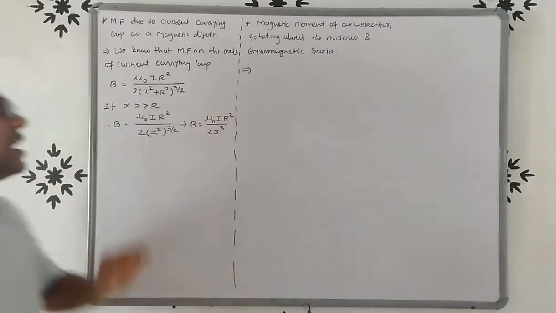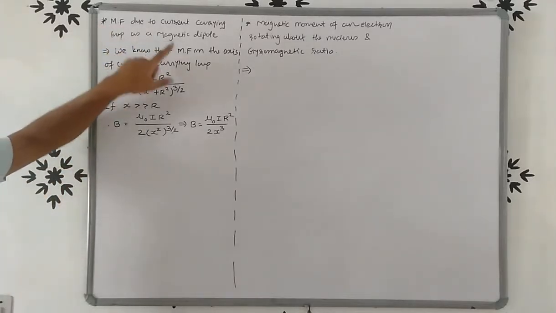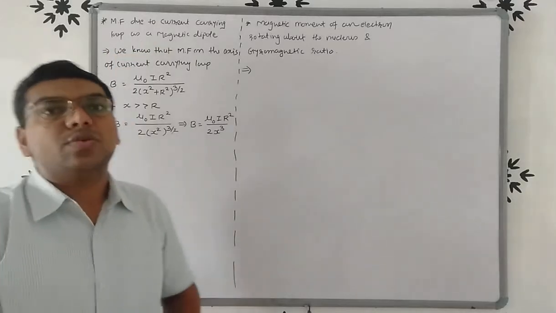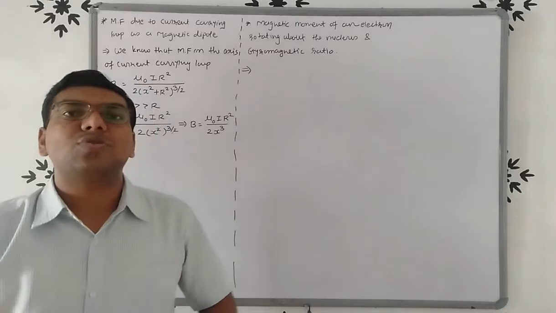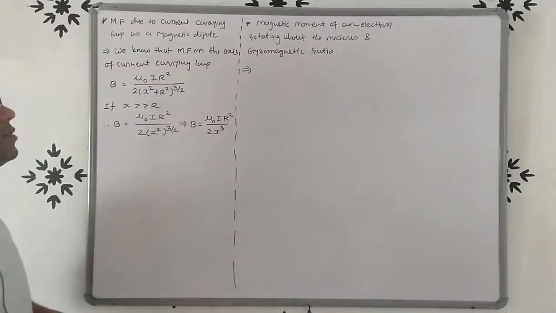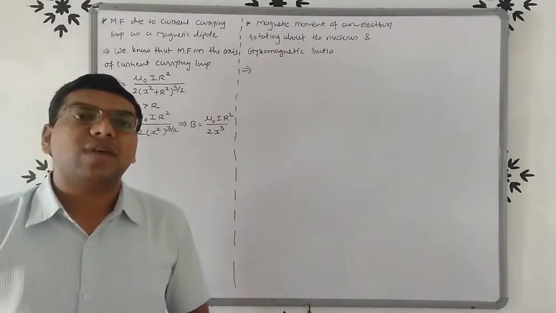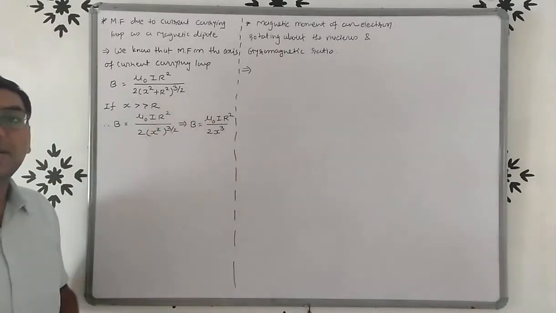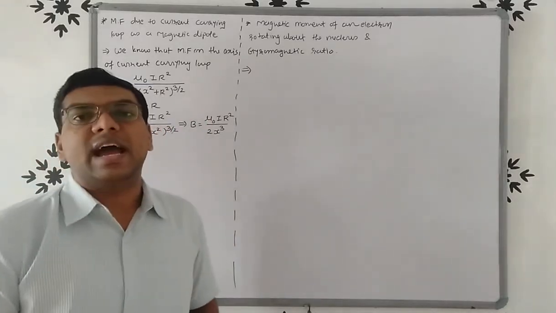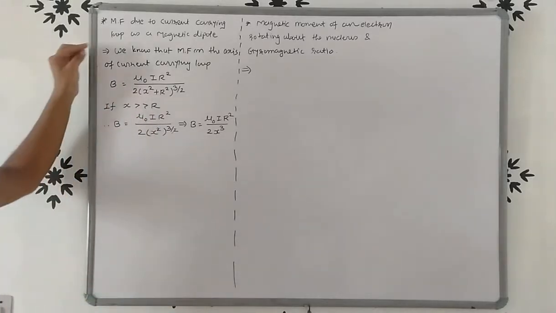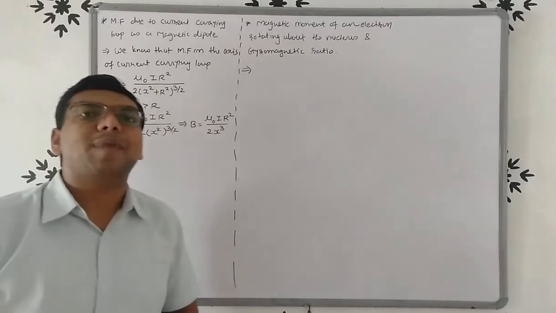Now we have to derive the formula of magnetic field for the magnetic dipole. We know that for a magnetic dipole, magnetic moment M is equal to IA. Here we have to derive this equation in terms of M. So M is equal to IA. The current is here, but we also need the area. Here there is a circular loop, so we know that for a circular loop, area is equal to pi r square.